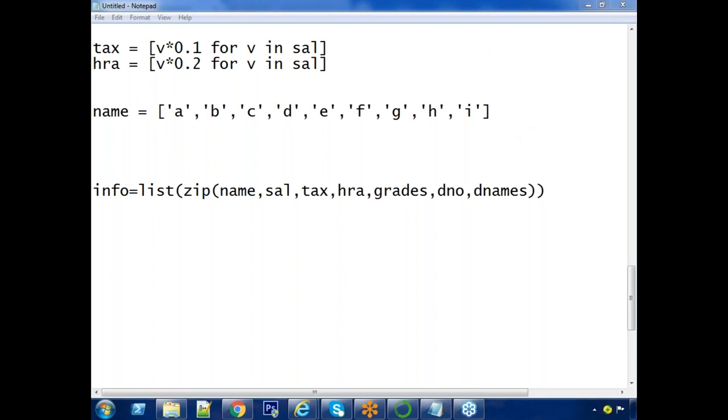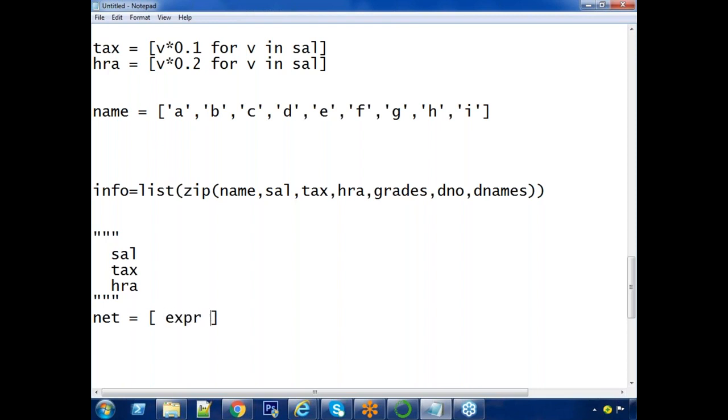One more last technique, sir. Now in your hand, you have a list of salaries and their taxes and their HRA. I want net salary. Observe this technique. Net equals to. What is our style?